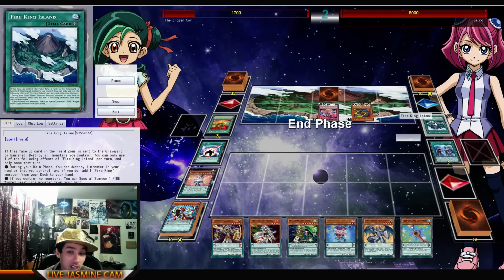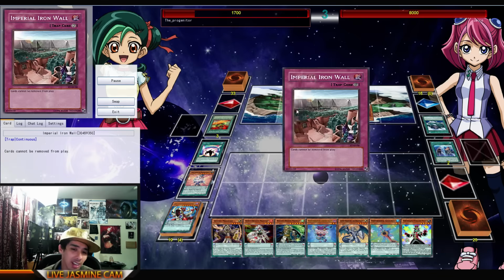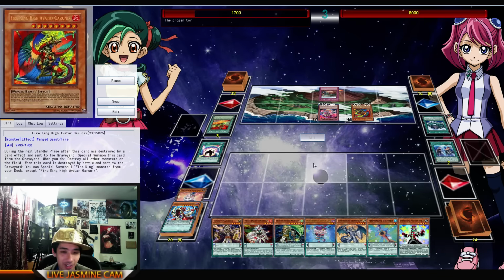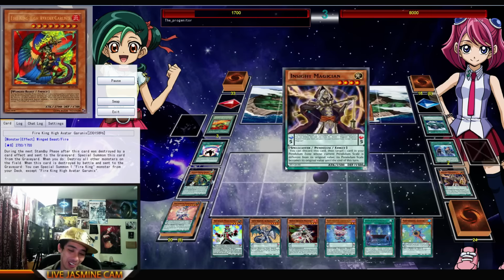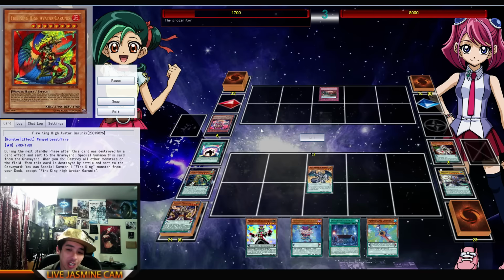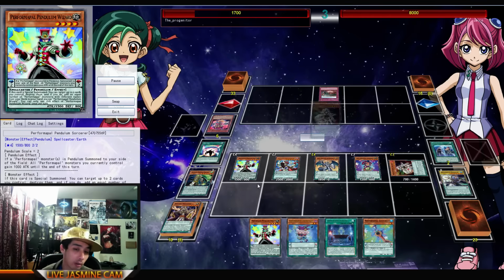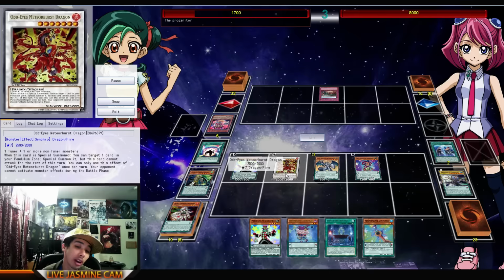I mean, Fire Kings, you know, Fire King Island, we waited so long for this to come out in the TCG, and by the time the Fire King support came out for the TCG, it just became irrelevant. No one cared about it. Pendulum is way stronger, you know. And if you destroy all their monsters, it just comes back anyways. But nonetheless, I don't know what other support we're getting for Pendulums, but it's crazy what you're able to do